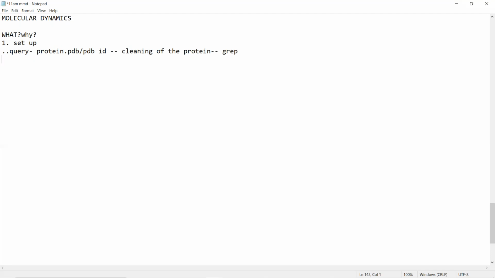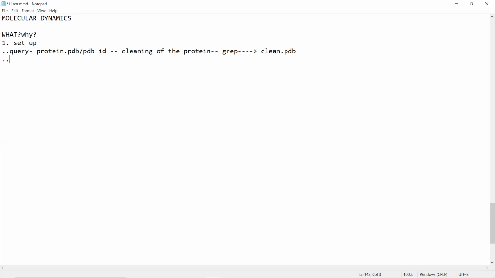Next, after cleaning the protein, we are having exactly what we needed. So we are having the grep function. Oh, sorry, the protein file. So what will be the output over here? The clean.pdb file. Correct? That will be my output here. Once we have our clean file, we will be proceeding further, in which we will be giving the environment. So we are now setting up what?